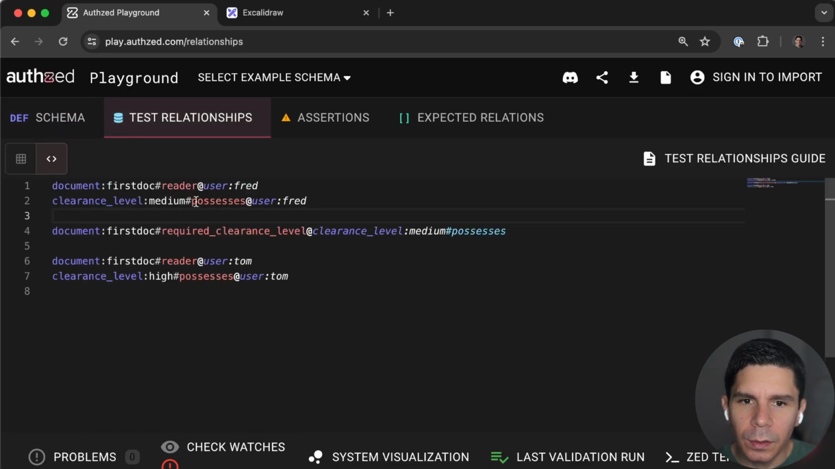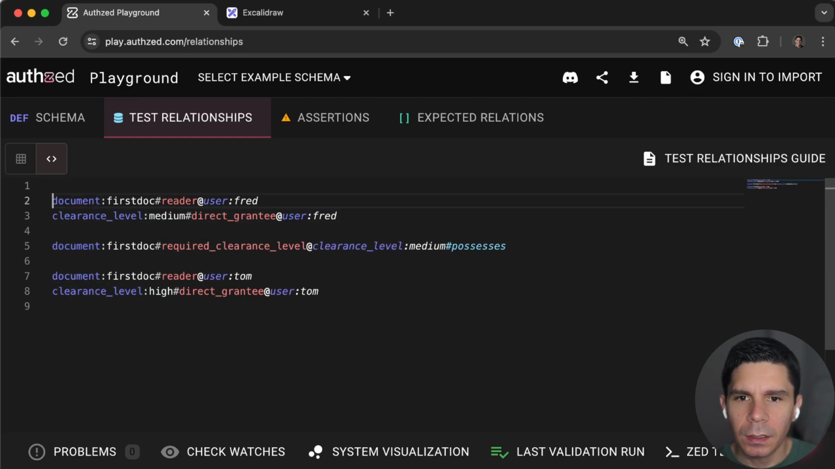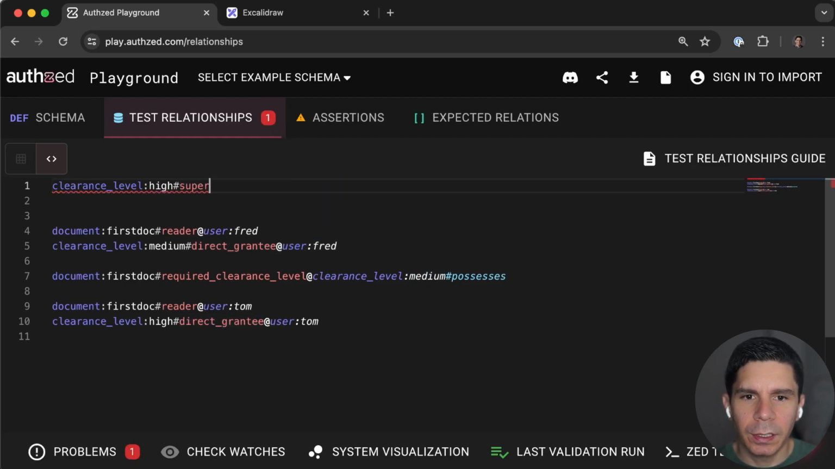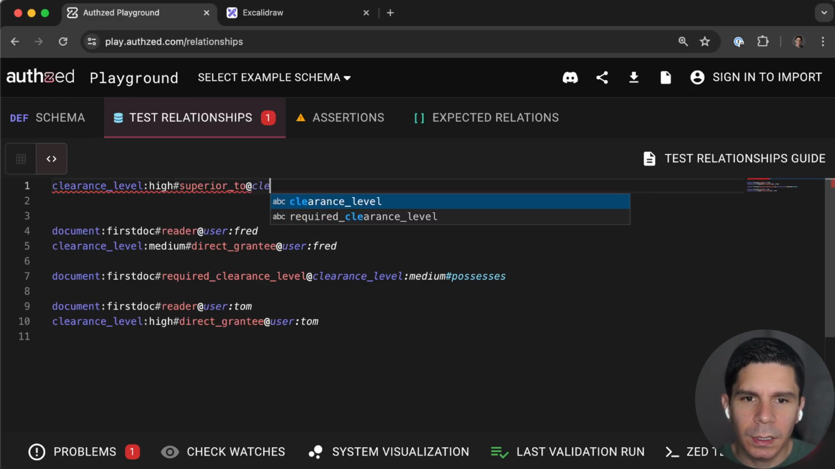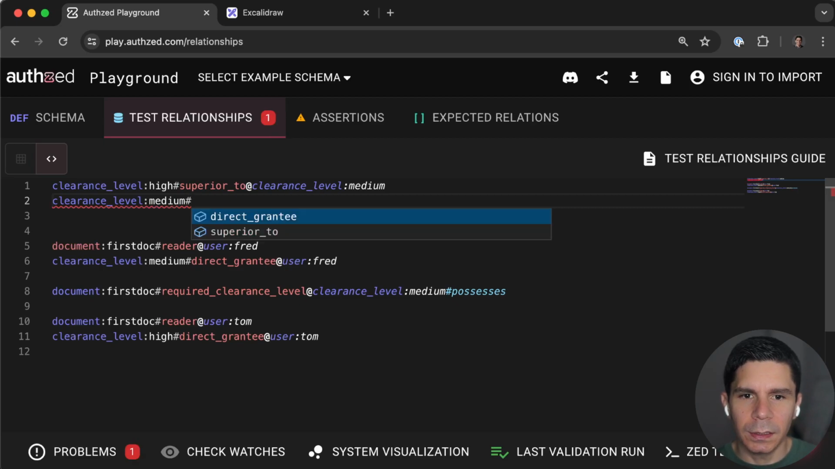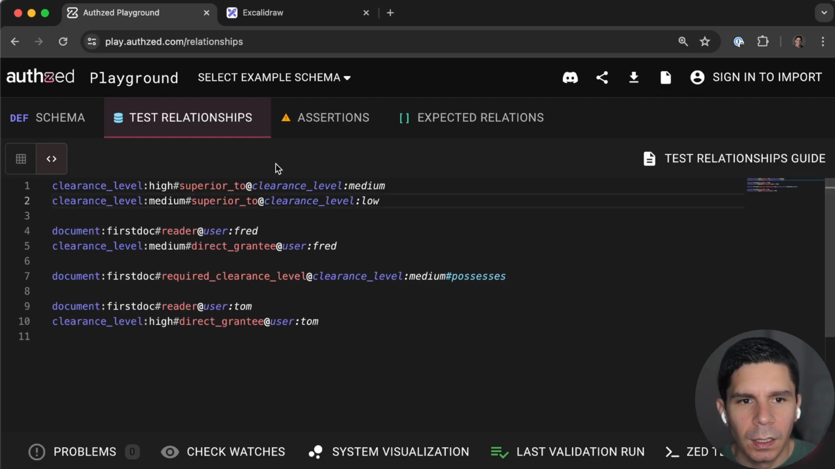This is a direct grantee. And now we can say that the clearance level high is superior to clearance level medium. And we can also do medium is superior to clearance level low. All right, and now